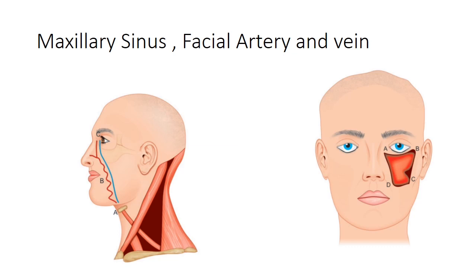So this is point B. Then we have the angle of the eye, point C, and we give a tortuous course joining point A, point B and point C; that is our facial artery. Now we have the facial vein. It is marked as a straight line just behind the facial artery, the marking we described. So that is the facial vein. We also know the facial artery is palpated regularly by the anesthetist for a pulsation which indicates blood flow. Hence it is also known as the anesthetist's artery.